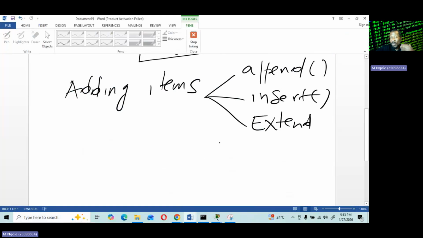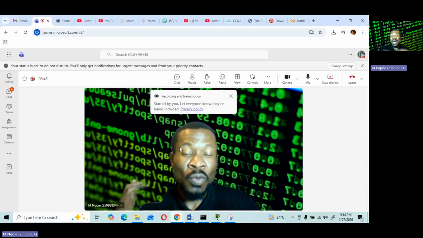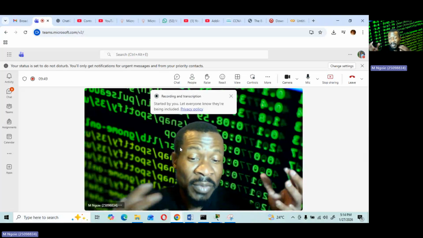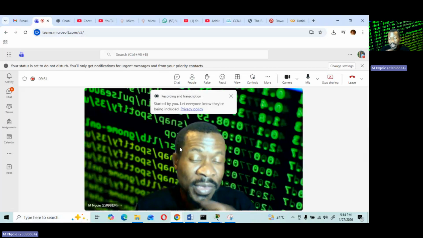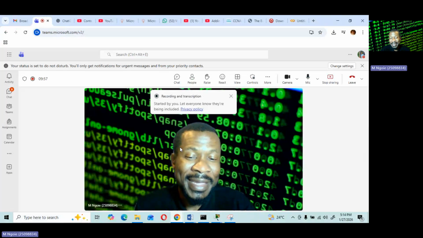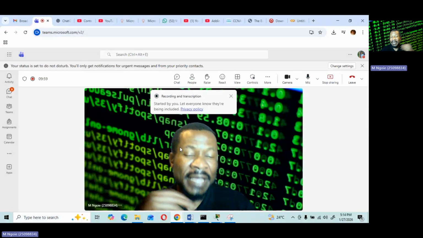Understand? So when I want to add something, I can use append, I can use insert, or I can use extend, right? When I want to add something inside my table, or maybe I want to add new rows, I can use the append method, insert method, or the extend, right? Let's do it